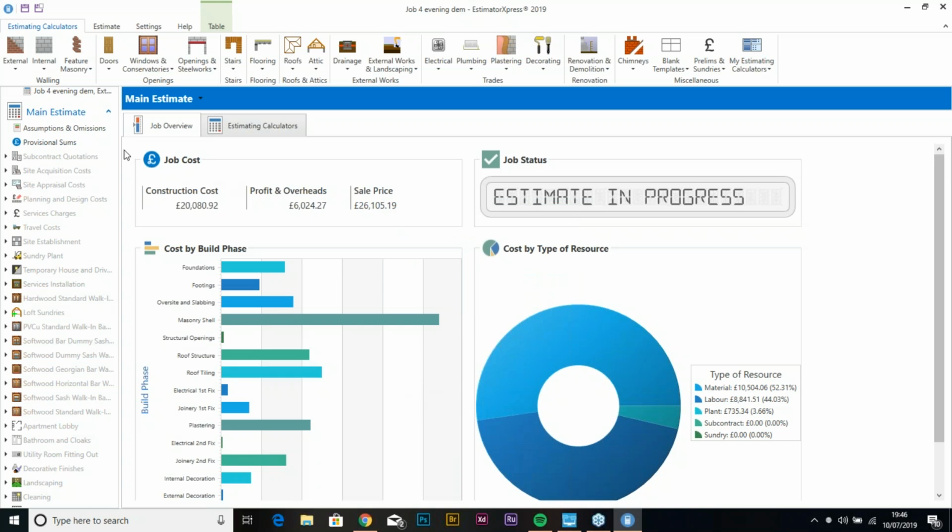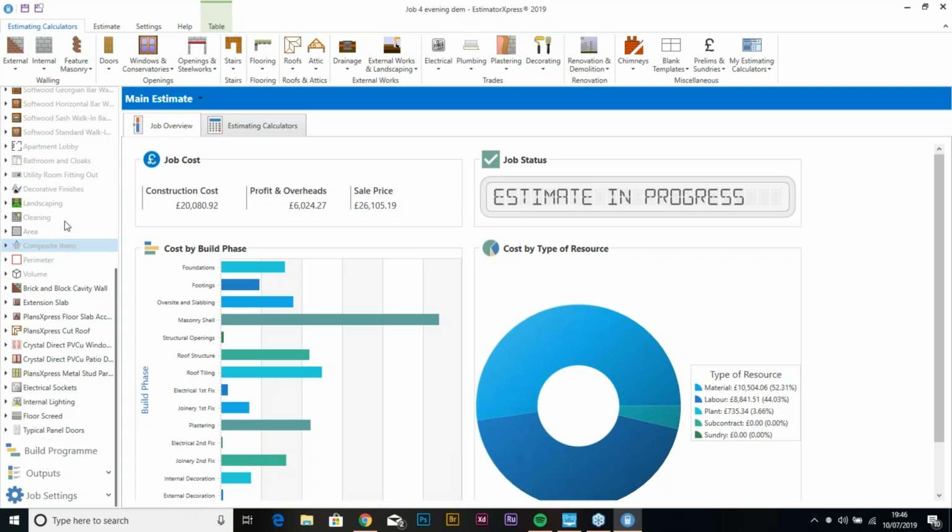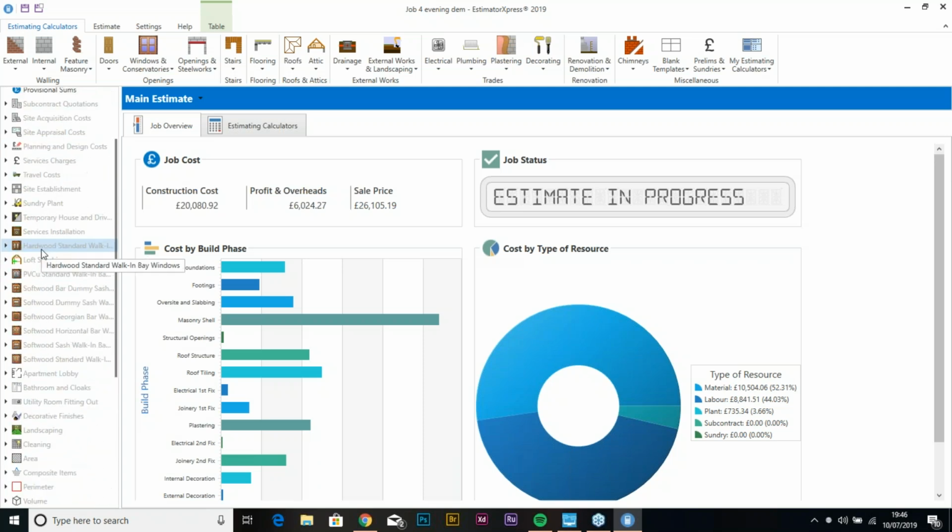Now, there are some things that you definitely wouldn't draw on a plan, the likes of site establishment, and going forward, the likes of your subcontract quotes up at the top here as well. So what you can do is, if you wanted to, you can start adding these things in. So on the site establishment, if I click that there,